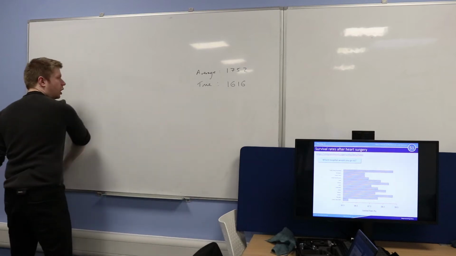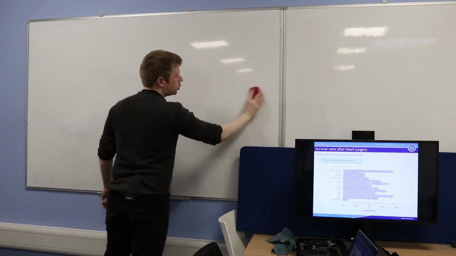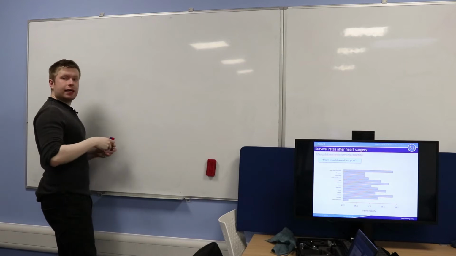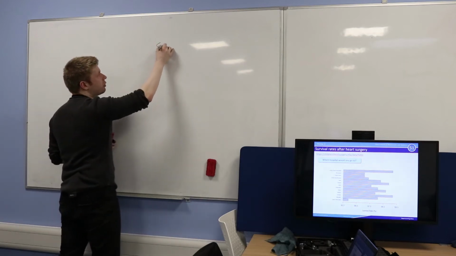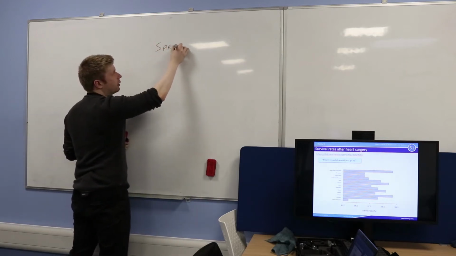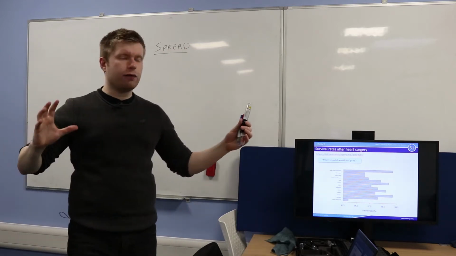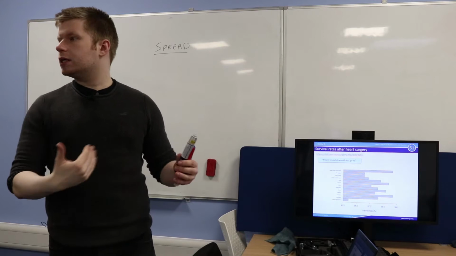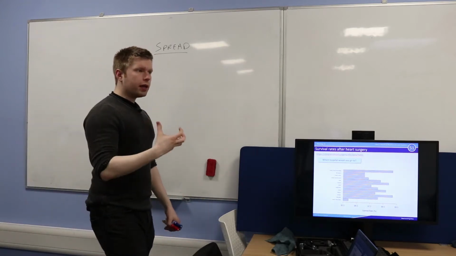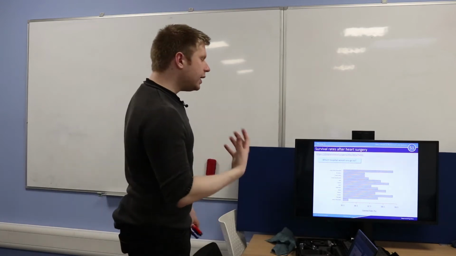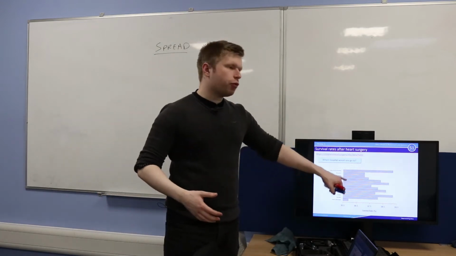So what we're going to start talking about now is this idea of spread. Now we touched on this idea of spread a little bit earlier. In fact, when we're talking about means, if you've got data that's quite spread out, if you've got outliers in your data, the mean is going to be skewed towards it. So what we're going to talk about now is how we can understand spread in the